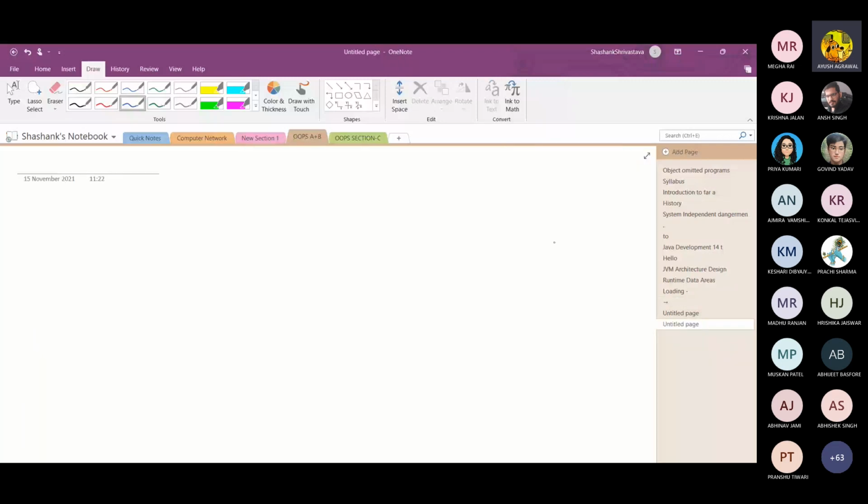method area is accessed. See, if I write like this, Student s equal to new Student. First thing, an object is created, and another thing is my object reference. This is the reference variable. The reference variable is stored in the stack area.